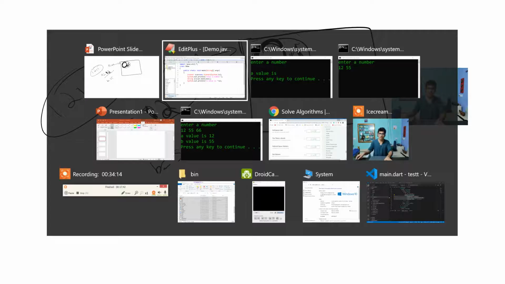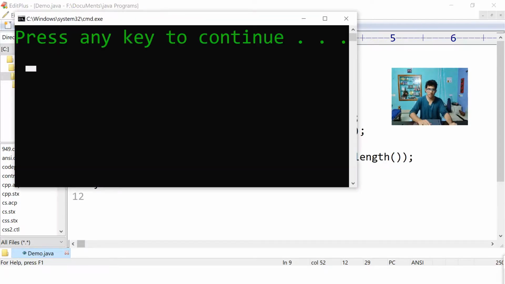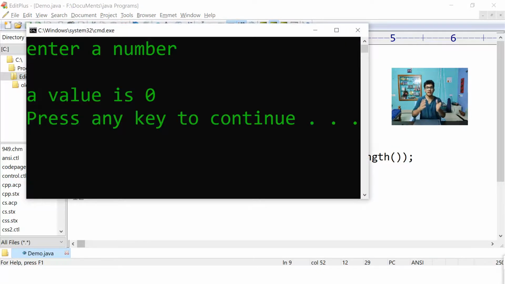Now you are thinking, right? How are you making sure that a is an empty string only? Because let me write a dot length. Don't you think empty string length is 0? Yes. So if I execute and hit enter, a value is 0, meaning the length of the string is 0. When will the length of the string be 0? When there are no characters, meaning it's an empty string. Okay, this part also you have understood?